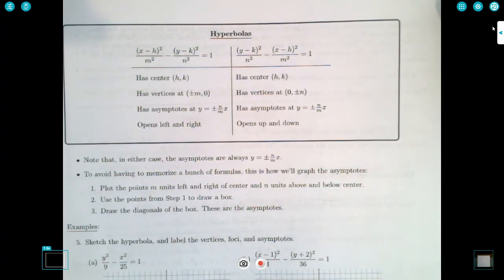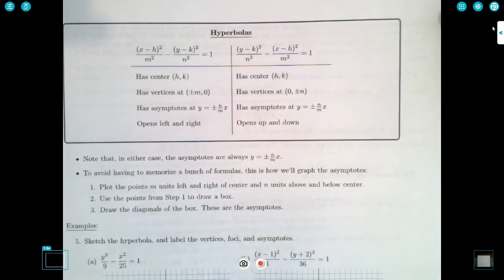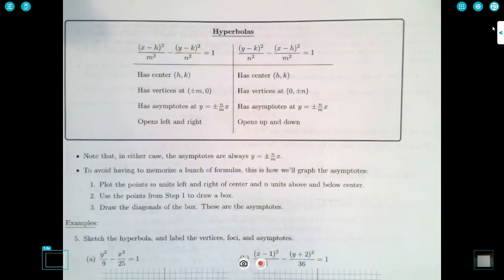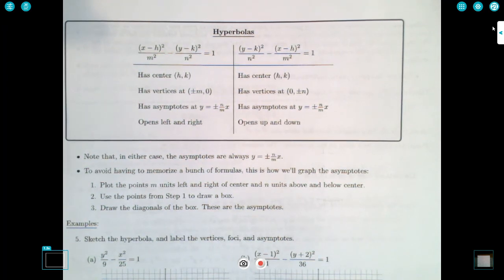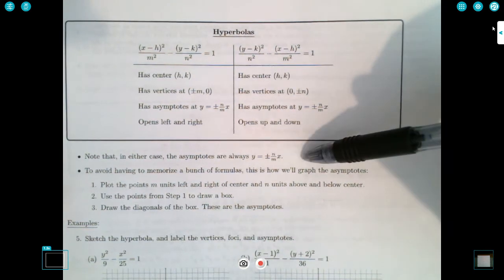A, in the canonical sense, is always the distance from the center of the hyperbola to a vertex, along the focal axis. And b is always the distance along the conjugate axis. In other words, it's the distance from the center to, well, nothing on the hyperbola, I suppose. But it's just the length of that conjugate axis. Anyway,